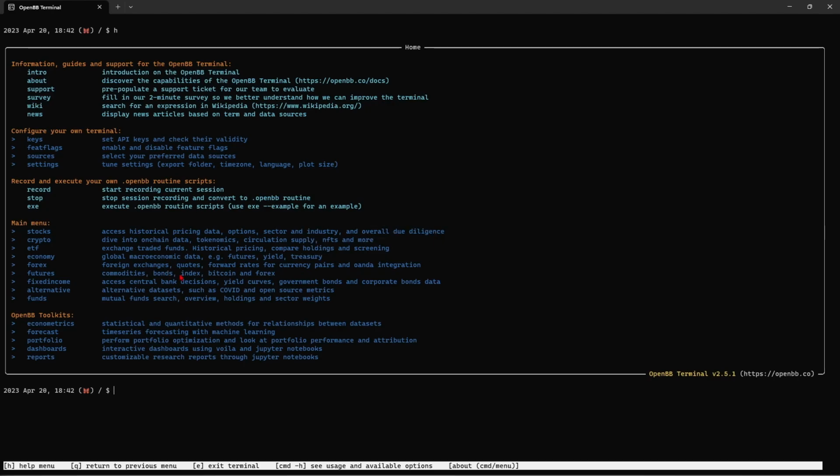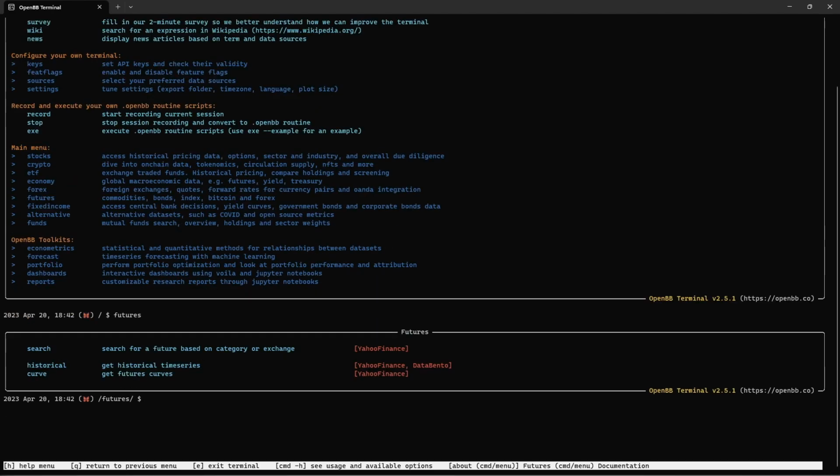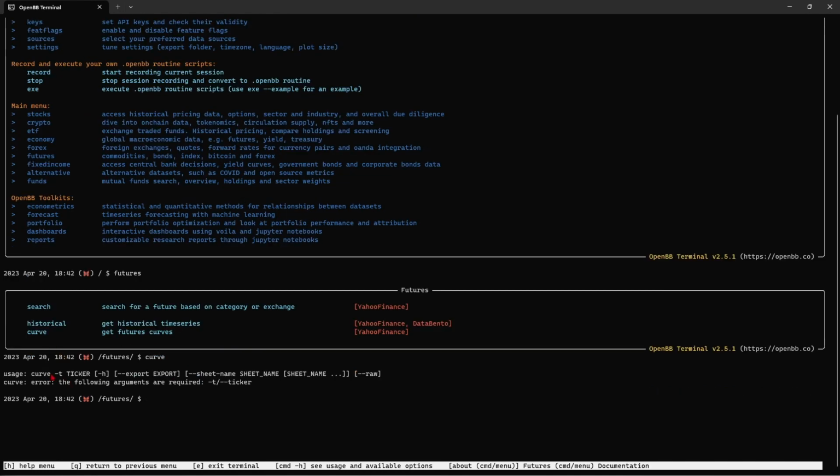Yeah, so basically if you want to open up the futures menu, you just type in futures, and now you can search if you know the ticker already, and you also can get the curve. So this is the syntax that you have to give in. You have to give in the ticker for the curve. So for example, I'm just going to add a random one here for